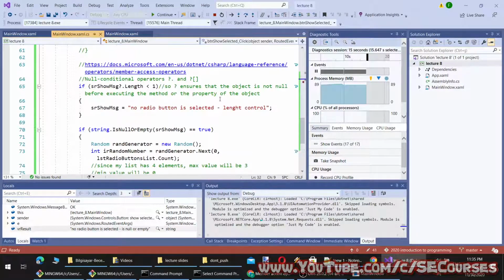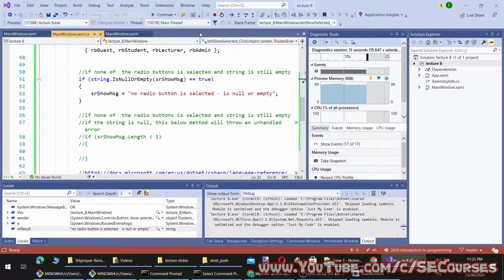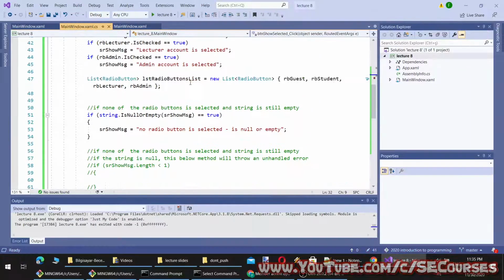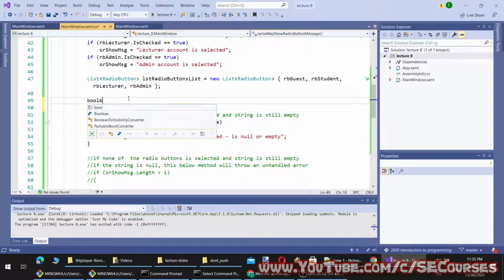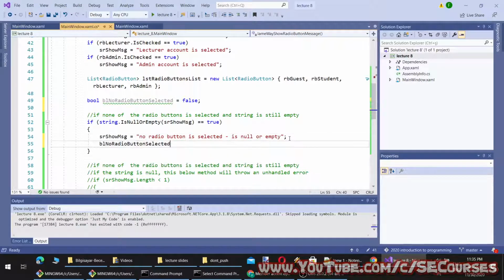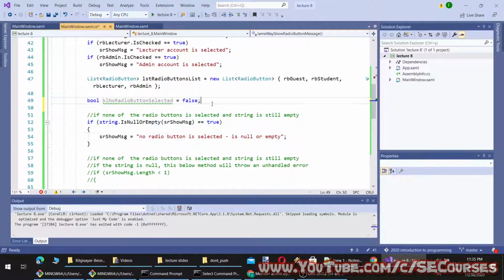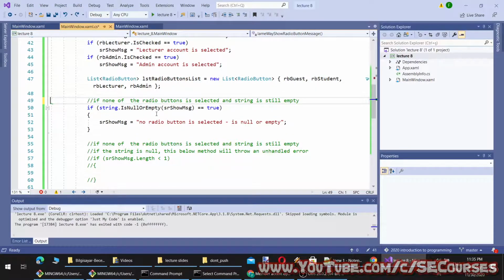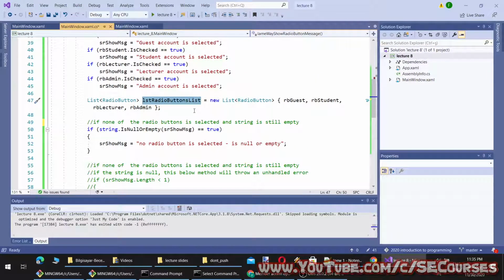Then what I am going to do is false and I will make it. Oh, I can use another methodology right now since I have added them to a list.